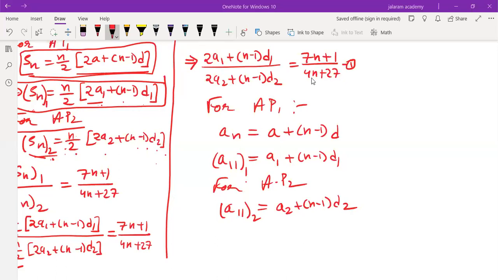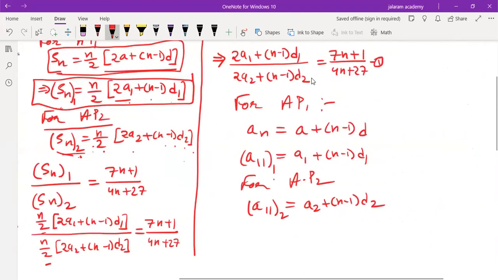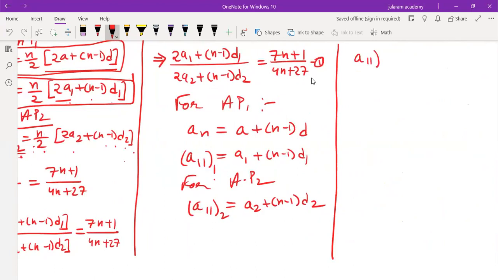And we have to find the ratio of 11th terms of these APs. That is what we have to find. We have to find the ratio of the 11th term of the first AP to the 11th term of the second AP. Now the 11th term of the first AP is a1 plus (n minus 1)d1, and the value of n will be 11. 11 minus 1, that is 10 d1, over the 11th term of the second AP,